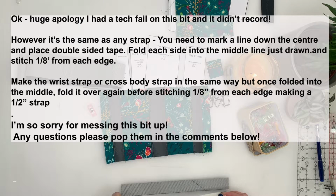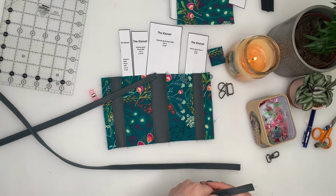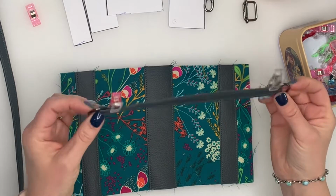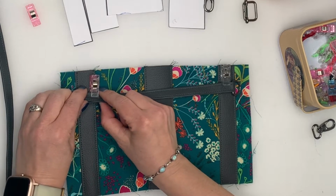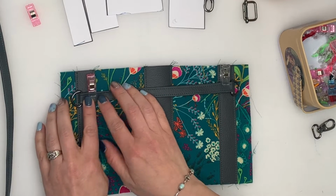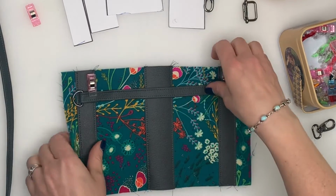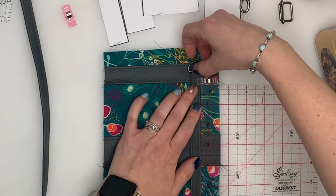Back to the tutorial. So I've top stitched my crossbody strap, and obviously if you were going to do your wrist strap you would do that, and I've top stitched that hand strap that goes across the back. So we want to place our D-rings through the end of the wrist strap, and we want to do it so that the raw edge of that underneath of the strap is in line with the edge of this panel. And then you'll find that the edge lines up with that stitch line there on the other side of that same panel. Then we need to make sure that it's 1 inch down, like so, and then we're going to stitch that